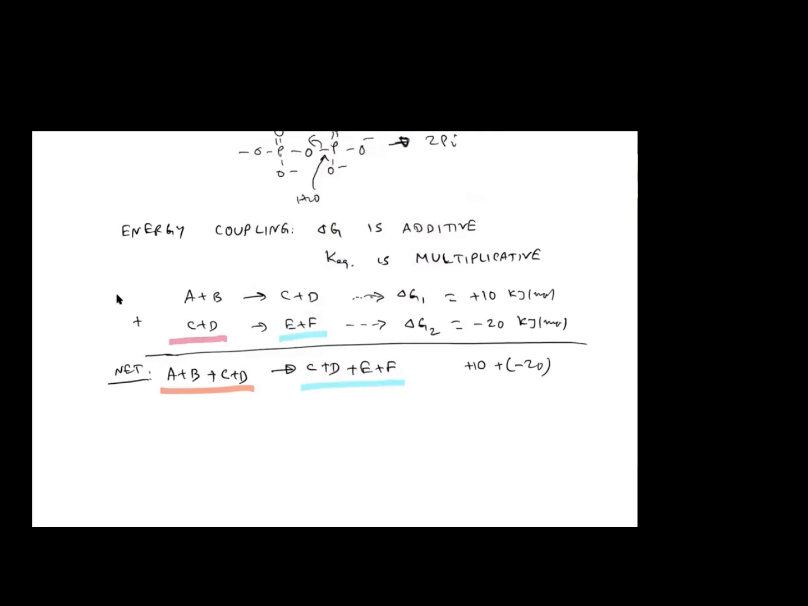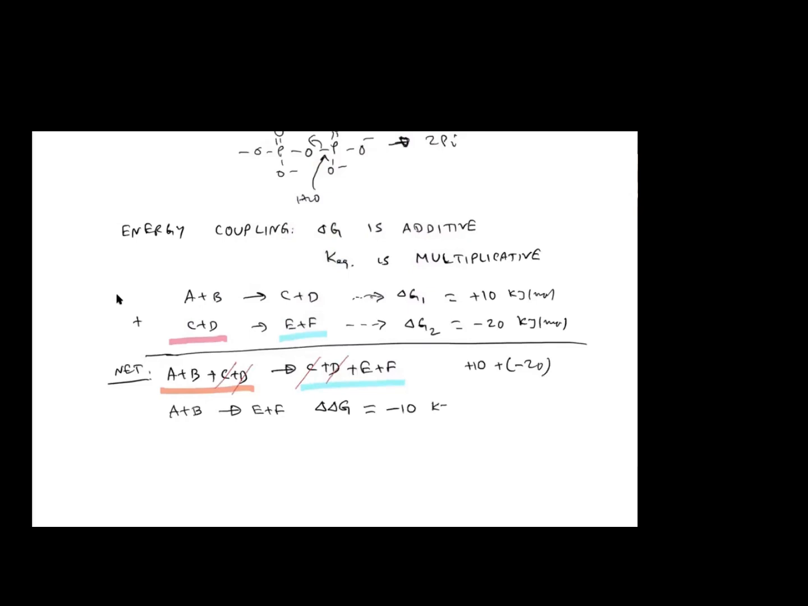Yeah, all I did is just add it. Make sense? Yes. So now this C plus D is on both sides, so it's going to cancel. And so we're going to get A plus B going to E plus F. And for this process, the net delta G is going to be minus